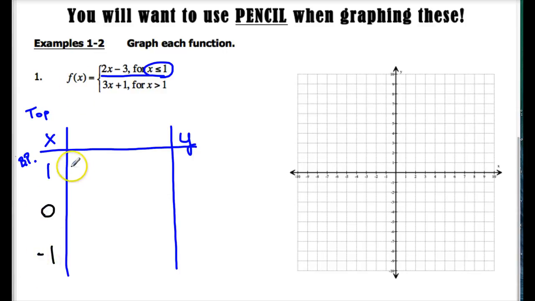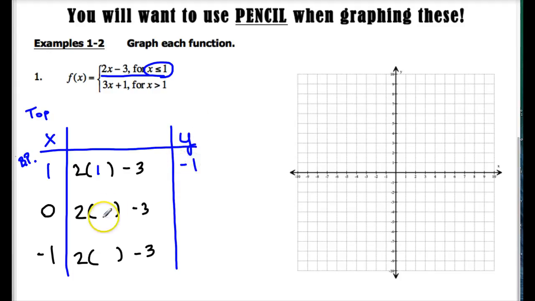And now I'm just going to plug in each of these x values to my top function, which is f of x equals 2 times x minus 3. To get the y values for those, for +1, it'd be 2 times 1, which is 2, minus 3, which is -1. This would be 2 times 0, which is 0, minus 3, so -3, and then 2 times -1 minus 3 would be -5. So now I'm going to graph each of these over here, starting with (1, -1),